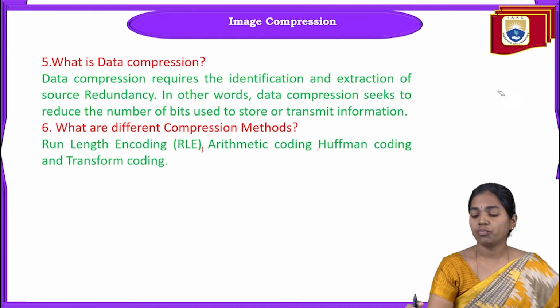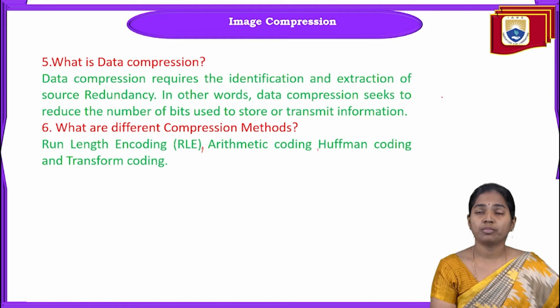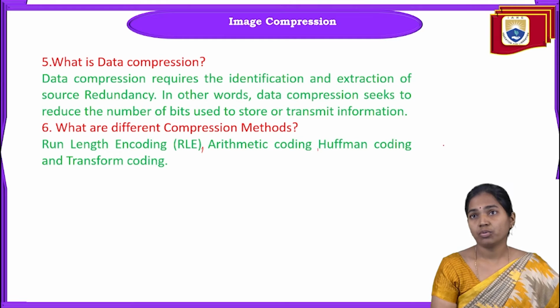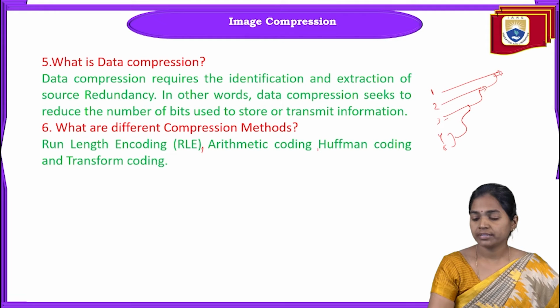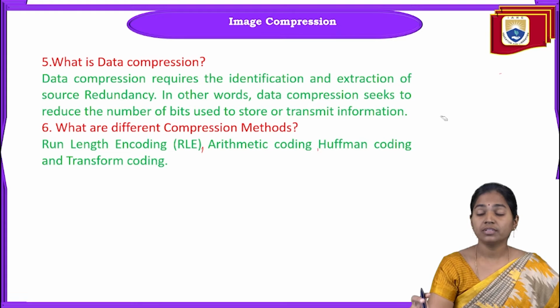So when we go for Huffman code, first find out the probability values of that image, write them in descending order, and add the two lowest probability values. For example, here there are some probability values 1, 2, 3, 4, 5. Write them in descending order. First add the two lowest probabilities, again add the two lowest probabilities, and repeat until we reach a single value. First write in descending order, afterwards do this process.